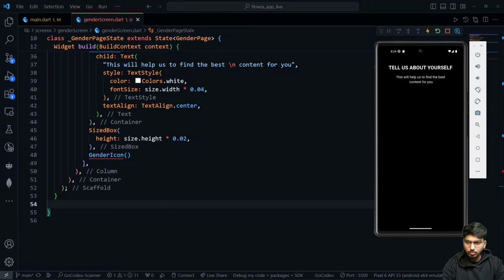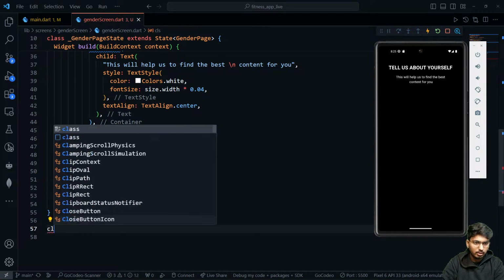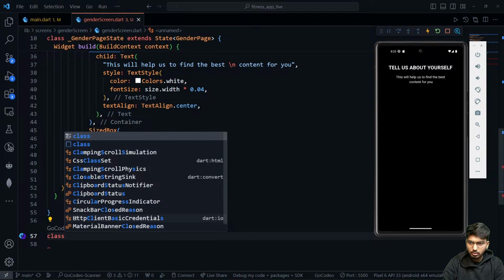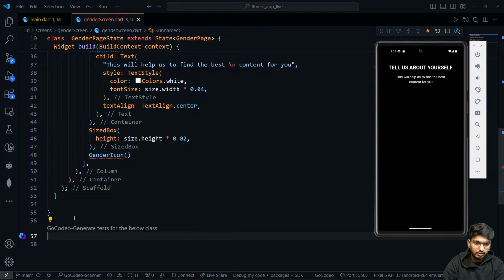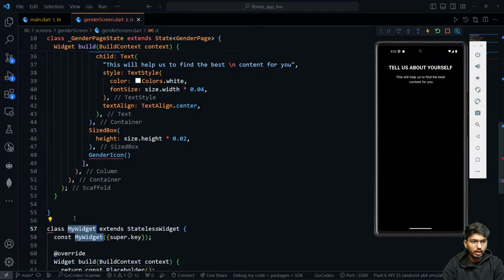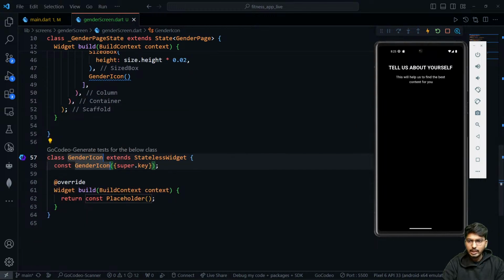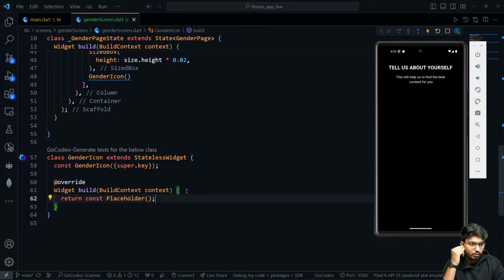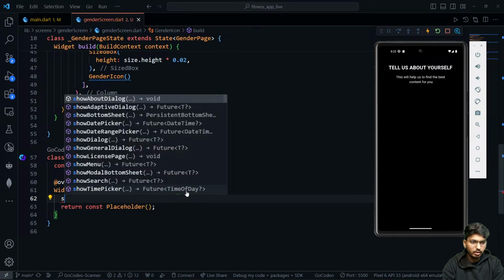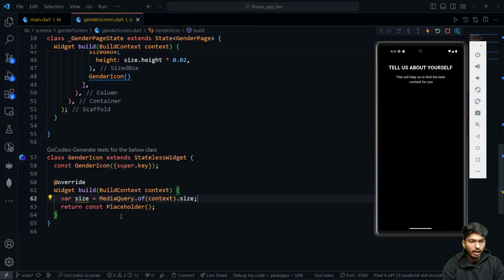So for that, we will be creating a class here. Let's just create a stateless widget. That's it. Okay, so I'll create a stateless widget, and I'll name it GenderIcon. Inside this GenderIcon, it's going to take a few things as input. The first thing that we will obviously need is the size, and the second thing will be